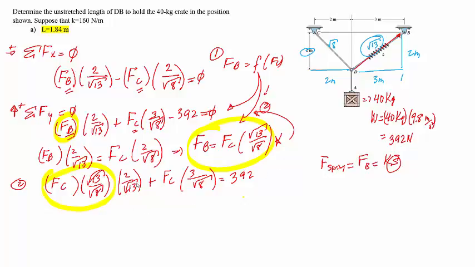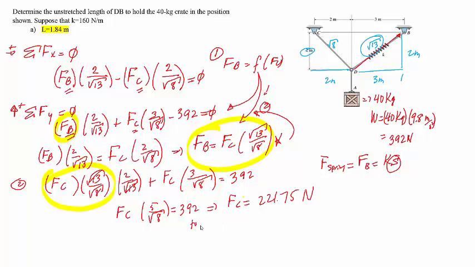So I do this, this cancels, so I have FC, and then I have 5 divided by square root of 8 equals 392. So FC equals 221.75 newtons, and then I go